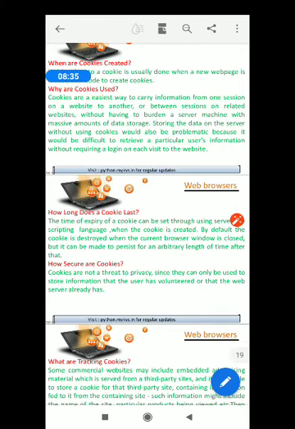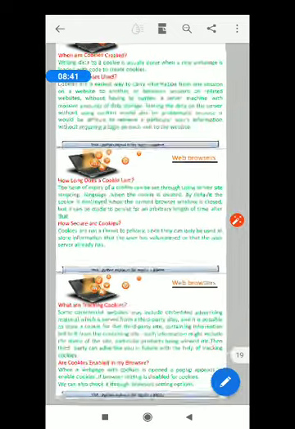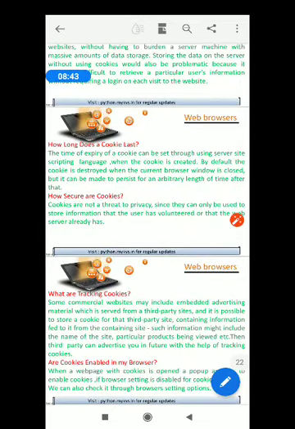Cookies are basically not a threat to privacy, but they may consist of some information that should not go outside. And then there are tracking cookies. Some commercial websites may include embedded advertising material that are called third-party sites. Those tracking cookies always read your surfing data, and they automatically know what you require from the surfing of your website. Cookies can be enabled in the browser by going to the browser settings.